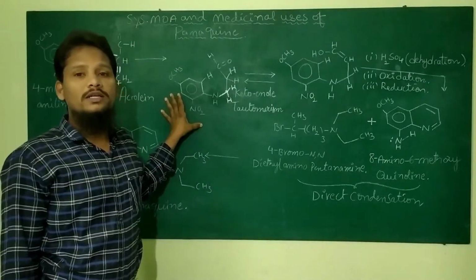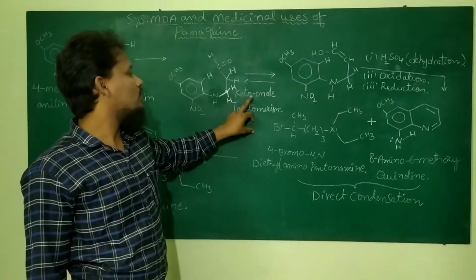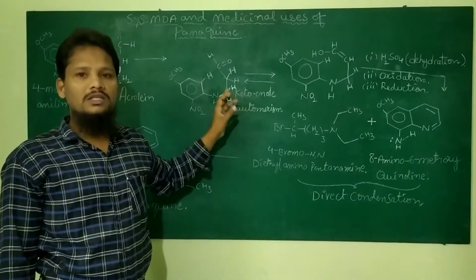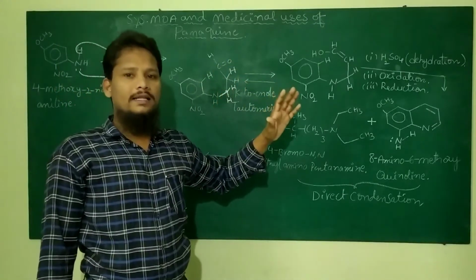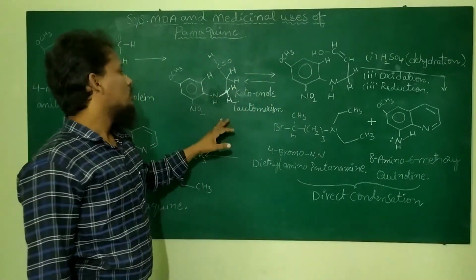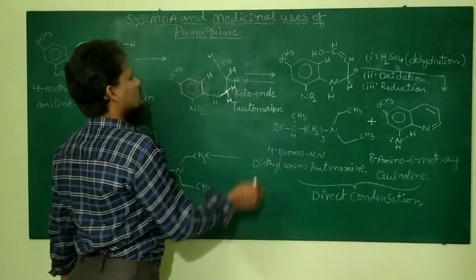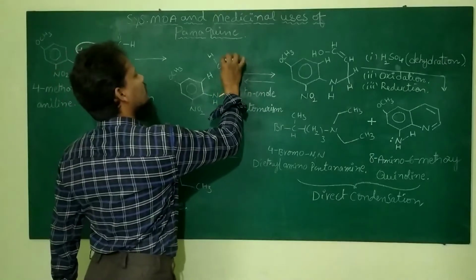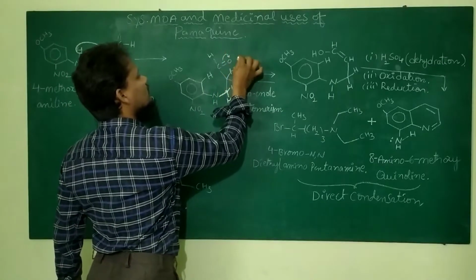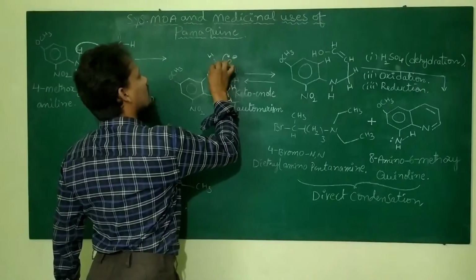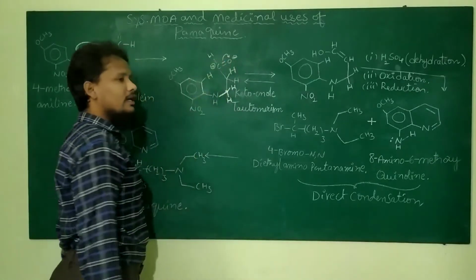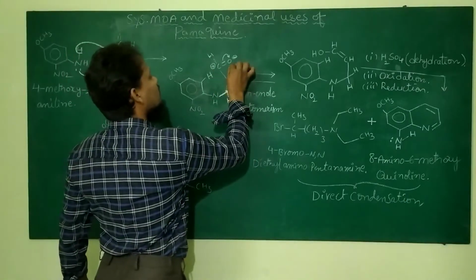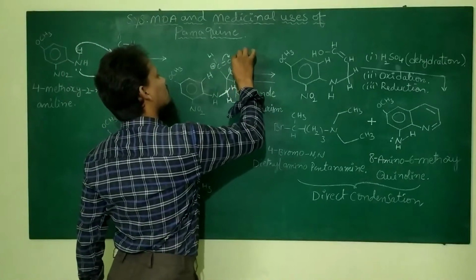Now this intermediate product shows a keto-enol tautomerism. It shows a keto-enol tautomerism, meaning it converts from ketone to enol and then enol to ketone. How? Look at here. This C double bond O is there. This pi bonded electrons move to the oxygen. So oxygen has a negative charge. Now this carbon gets the positive charge. Okay, everyone should know this point.